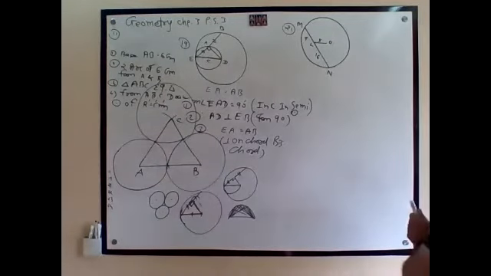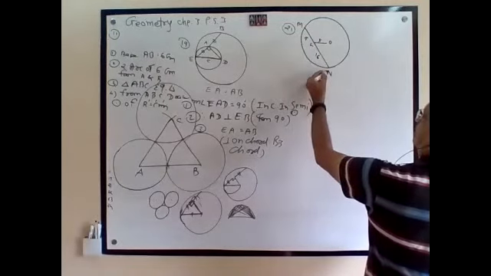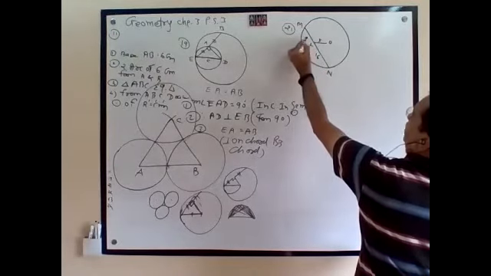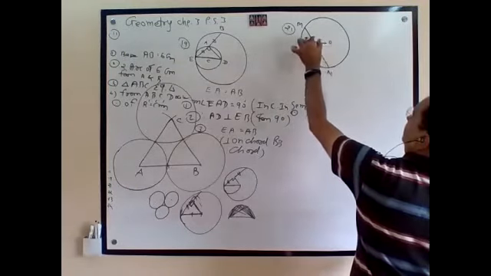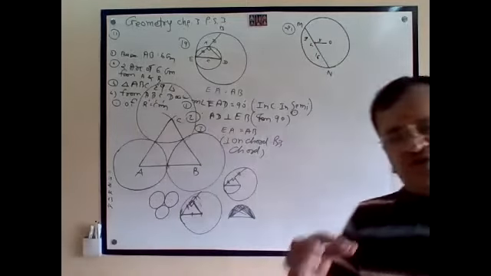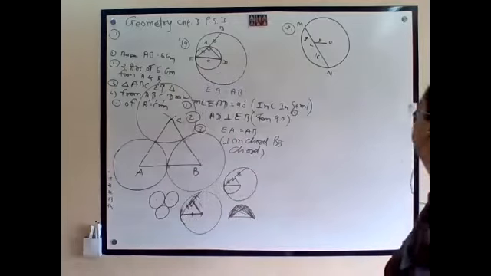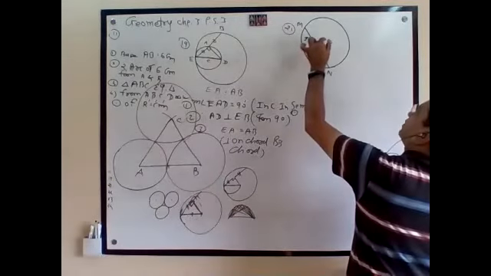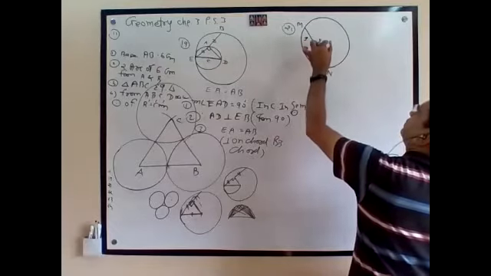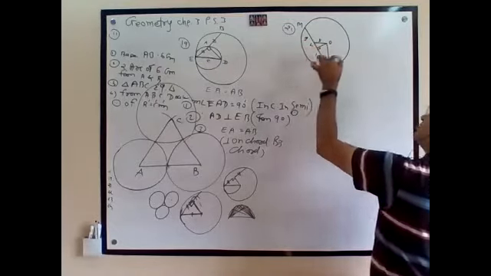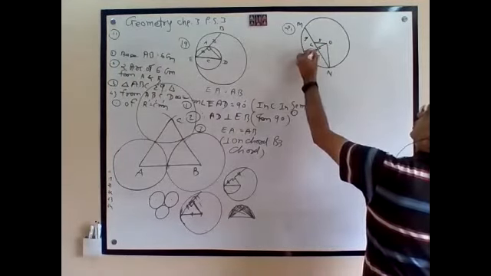In this circle, this diameter is total 25. This much is 9. So 25 minus 9 is equal to 16. And they have given this segment is equal to 5. We have to find out the radii of the circle. See, I will draw a perpendicular, then I will draw the radii. This is P.